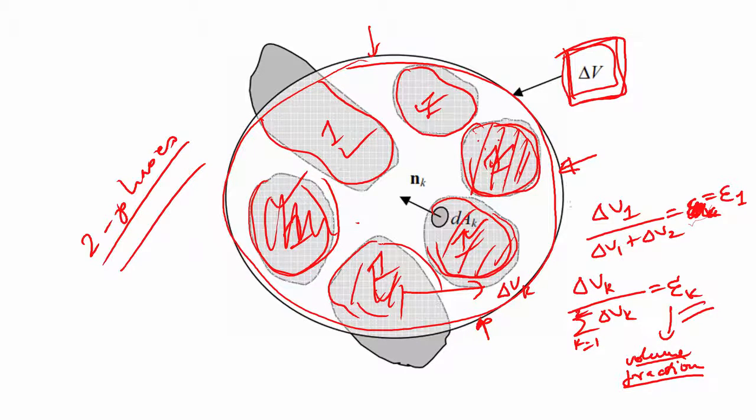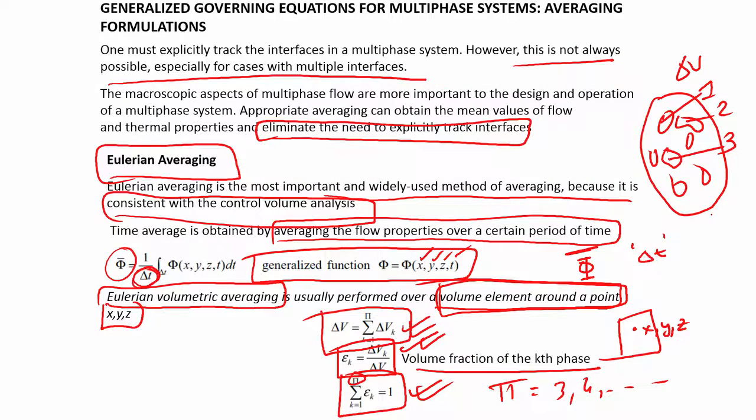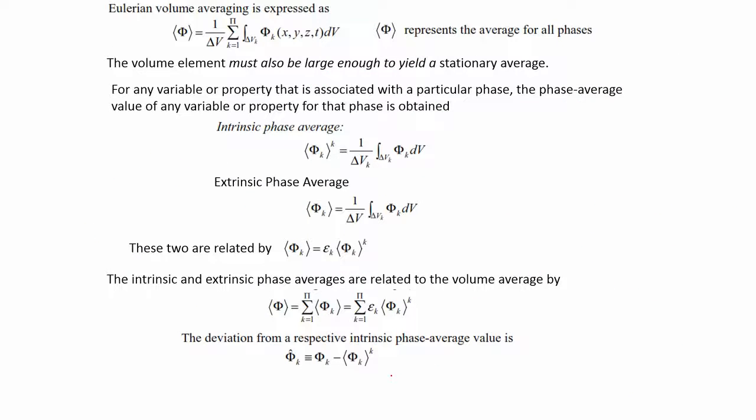So, we introduced the Eulerian volume averaging technique, which if you recall was something like this, where there is a volume element, and within that volume element there are sub volume elements, one for each phase. We also defined a few rules. We said the net volume is the sum total of the individual volumes, we defined something called a volume fraction, and the summation of the volume fractions has to be equal to 1, which is logical. So, the Eulerian volume averaging is expressed as this,